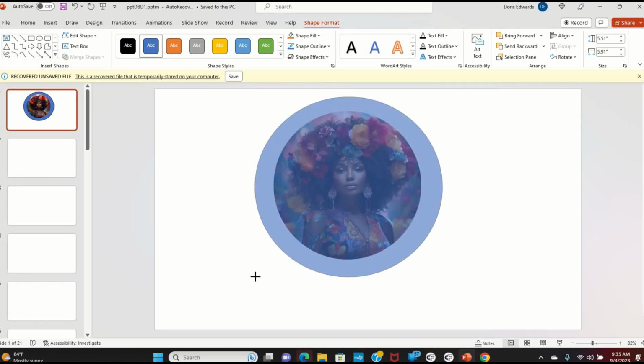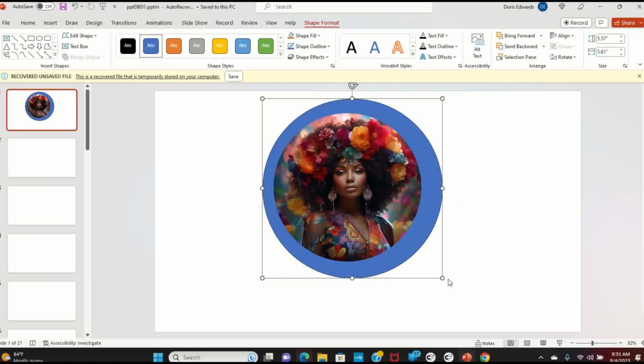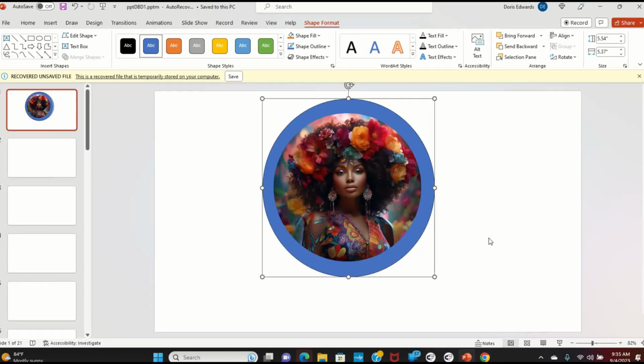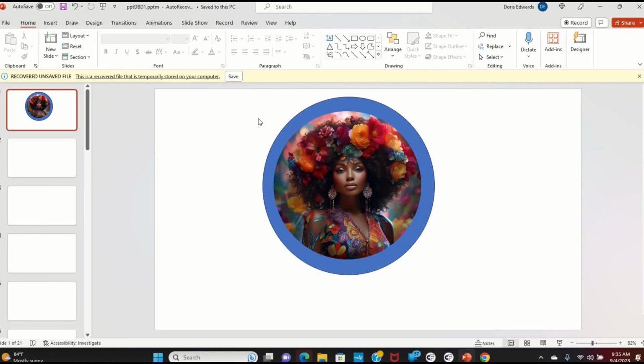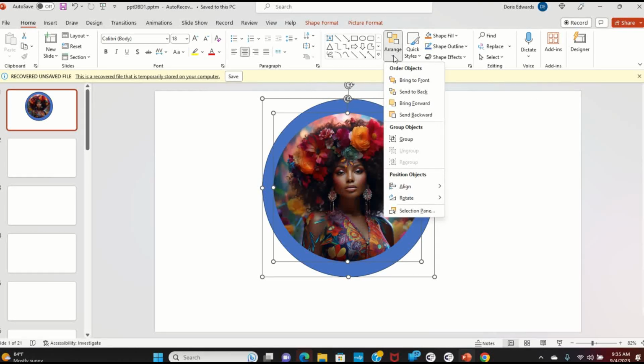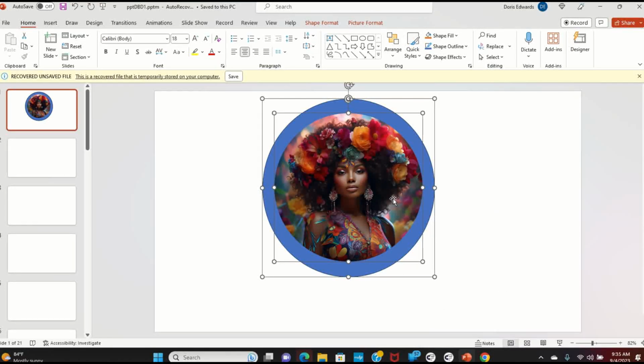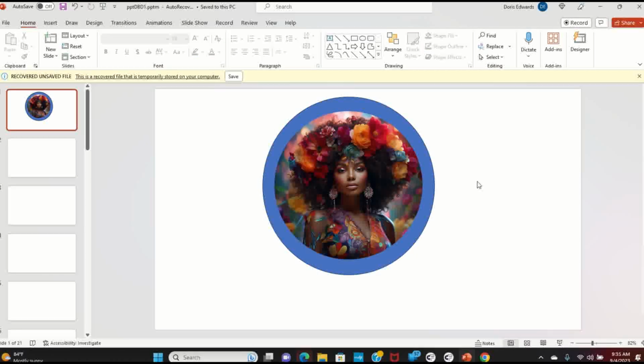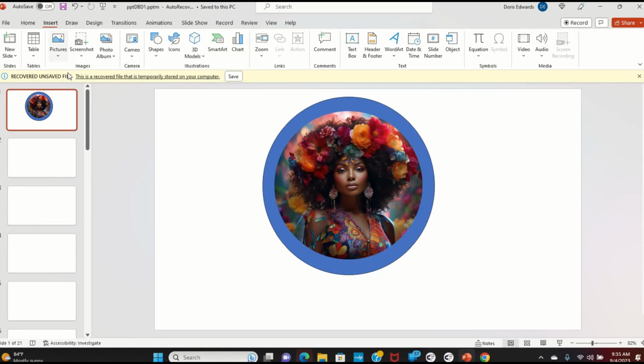And I'm going to bring this in just a tad bit because I want it more oval than that. All right, so I'm going to highlight both of them. And then I am going to arrange, and we want to align it, and we just want to center. Okay, so we want to make sure it's centered. Now that we have that centered, we're going to add some text. And I'm just going to put any text. It's not going to be anything great, but